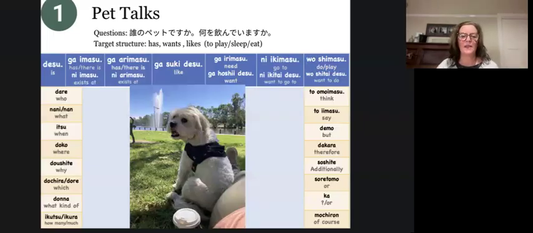And keeping in bounds, as I said, with the word wall really helps you to keep your language comprehensible, and also helps the students to know, okay, this is the pool of language that we're using, and so they get lots and lots of hits with the language on repeat. So for this one, some target structures could be, and certainly not limited to, has, wants, likes to play, likes to sleep, likes to eat. So again, starting from very, very simple